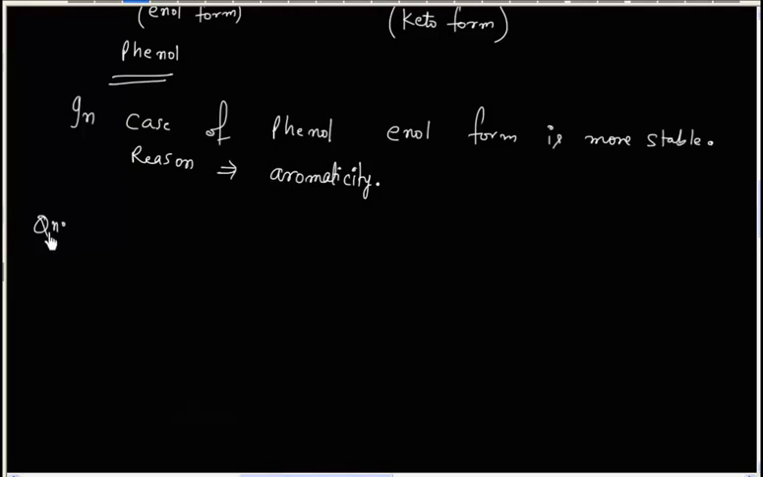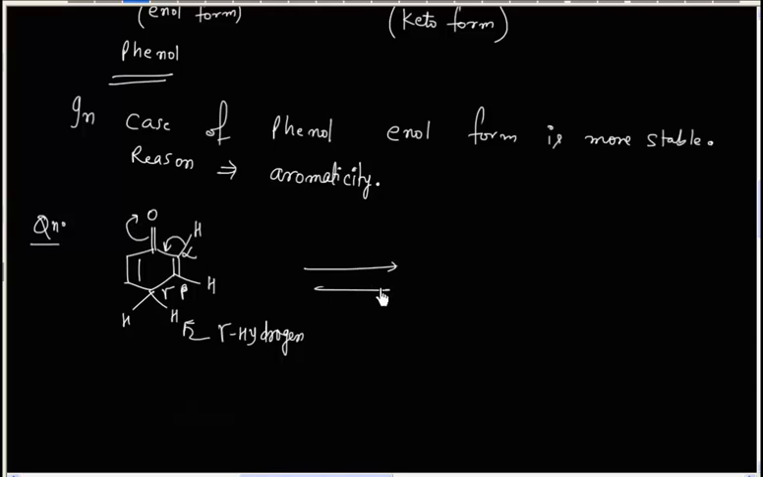Now let us write tautomer of this compound. This carbon is alpha carbon. We have an alpha hydrogen. This carbon is beta carbon, and this carbon is gamma carbon. This hydrogen is gamma hydrogen. Now this time alpha hydrogen does not participate in tautomerization. So you can try yourself. This goes here. This goes here. So in that case,